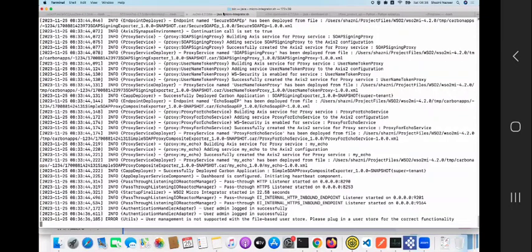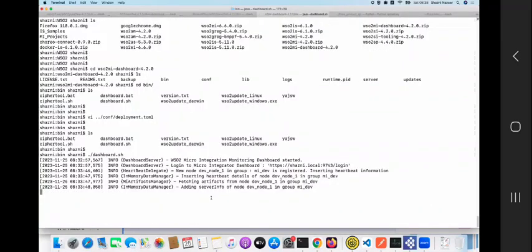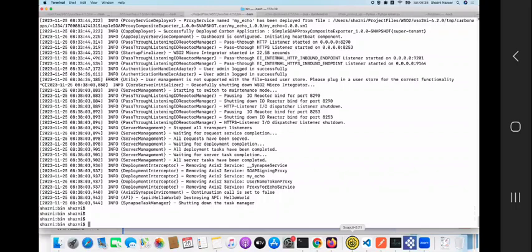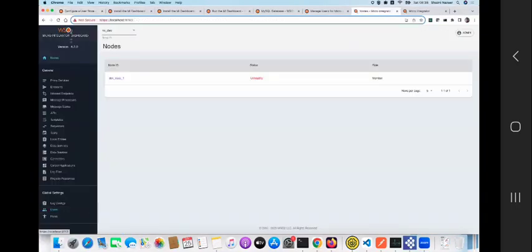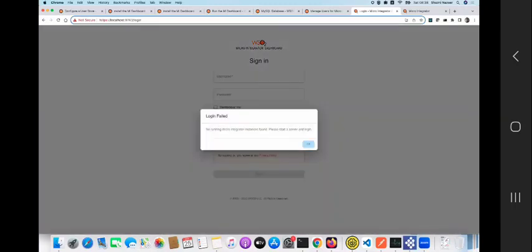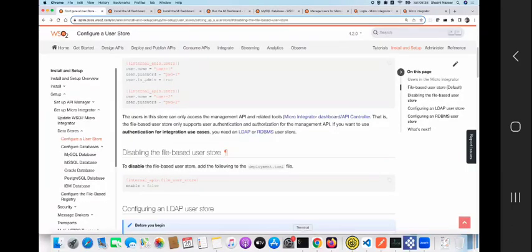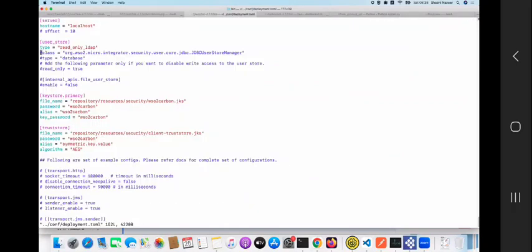So first of all, I'm going to stop this instance, and you will also see, I cannot log into that anymore. For example, here, if I just log out, and if I try to log in, it's now going to complain that I don't have my micro integrator running. So what I need to first do is disable my file-based user store, which you can do with this one,